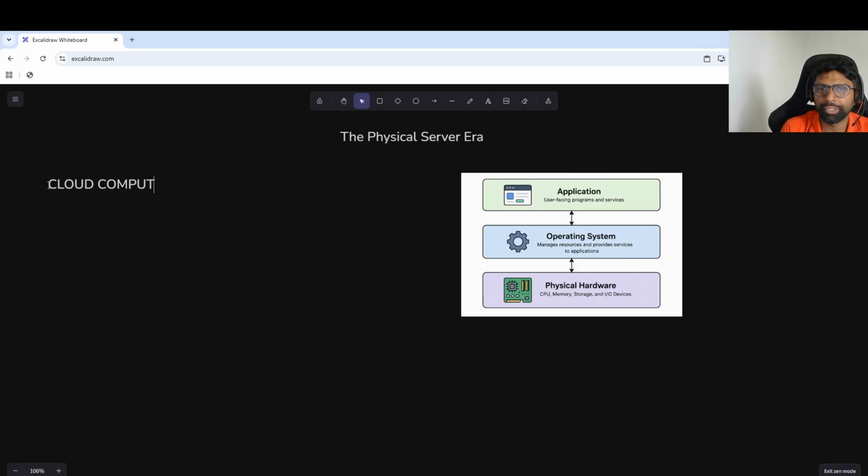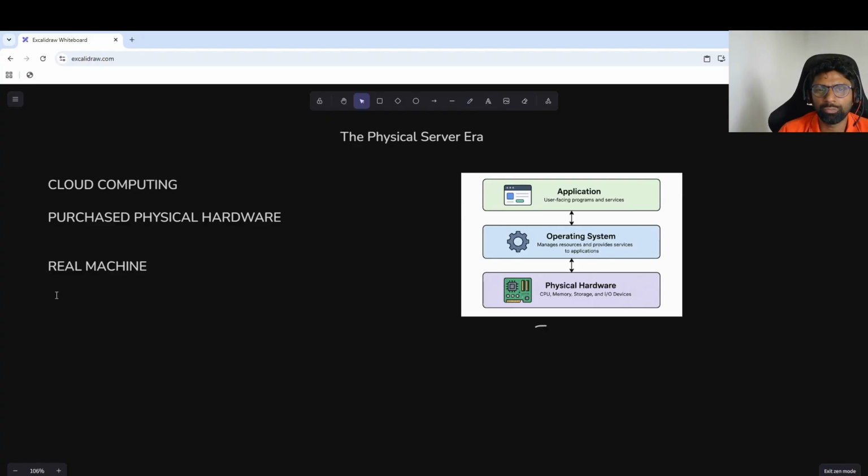Before cloud computing, companies purchased physical hardware. A physical hardware is a real machine which will have something like the CPU, which you are seeing here, memory, storage, operating system, networking.